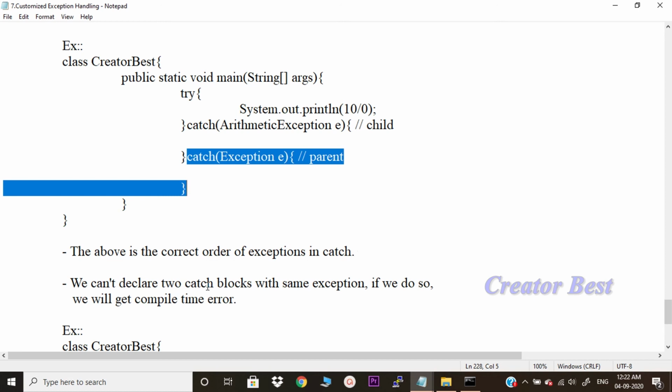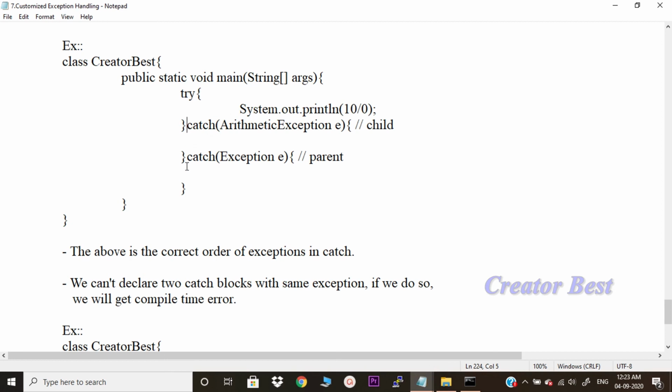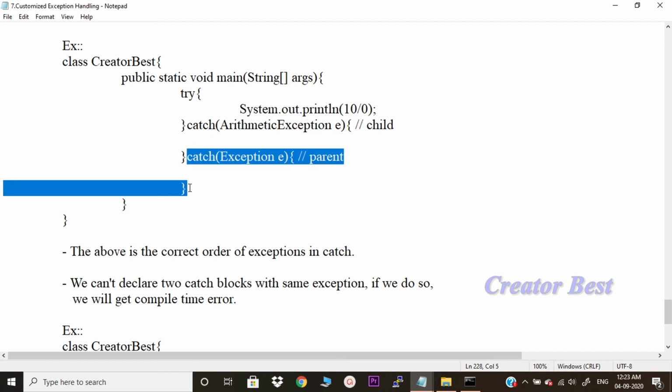We can't declare two catch blocks with the same exception. We will come to this point again. As far as this program is concerned, whenever you use multiple catch blocks, we are supposed to write the child class first, then comes the parent class.